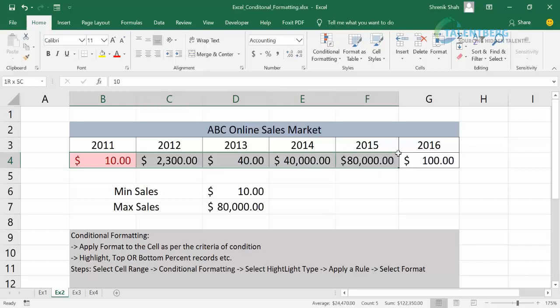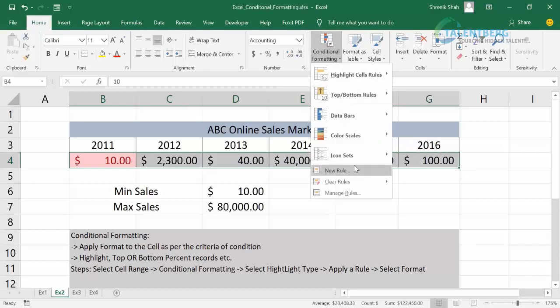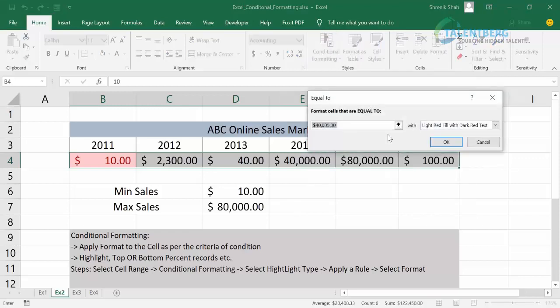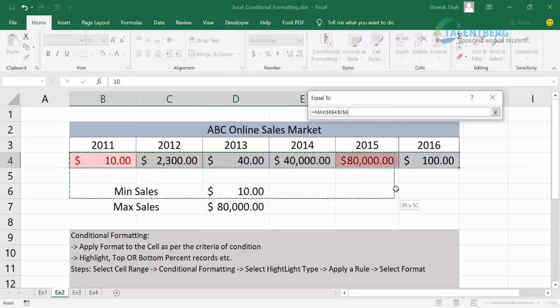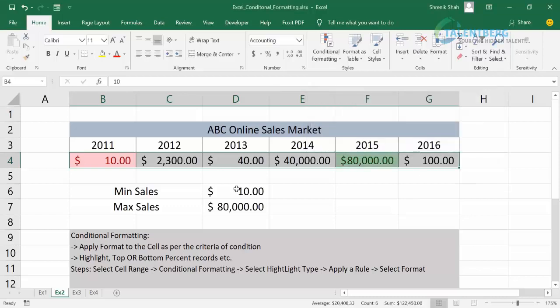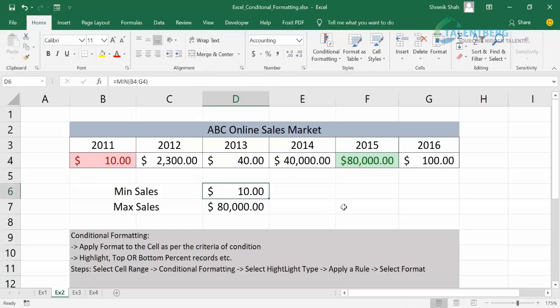The same thing you can do for maximum. Select the cells, from conditional formatting select equal to, and here you type directly equals MAX. In brackets you select the cells. This function is going to tell you what is maximum. Change the color to green and click on OK. That way you can apply effects on Excel cells, and you can easily identify which value is max and which value is min. Later also, if you change anything, it is going to affect the cell.